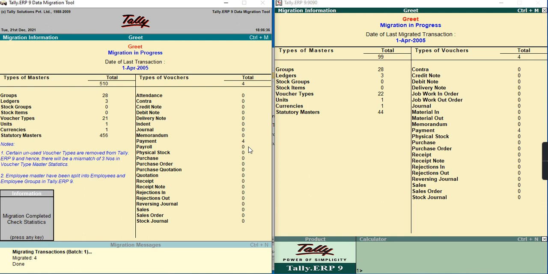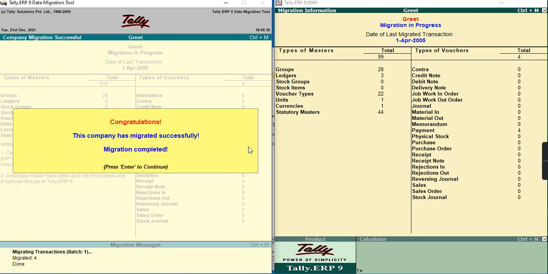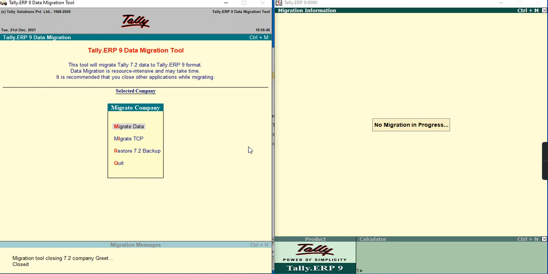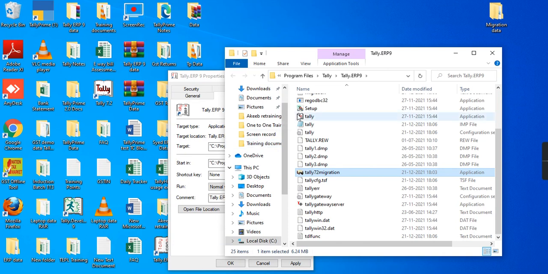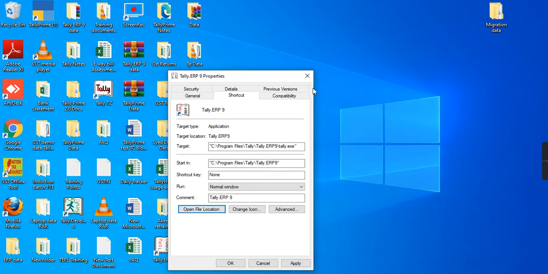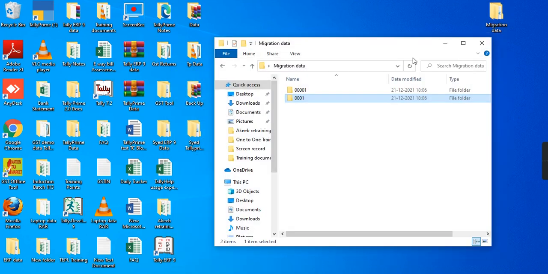Just press escape, and you can see the message, congratulations, the company has been migrated successfully. If you want, press enter and you can close the Tally 7.2 migration tool as well as ERP9. As you can see, my data has now been successfully migrated to Tally ERP9 and a 5 digits folder has been created.